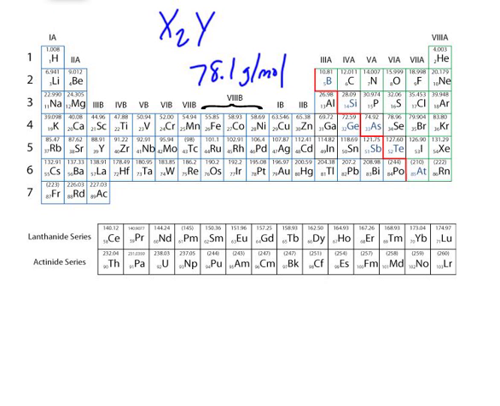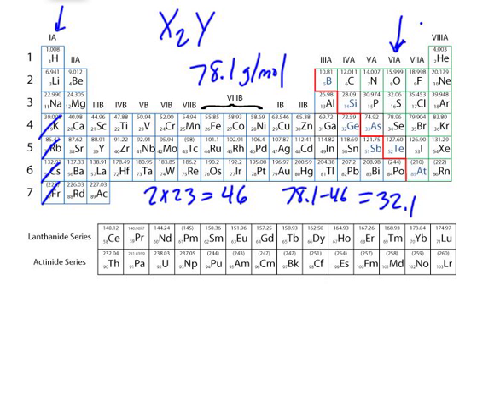So in this first column, I need 2 of these. So anything that when I double it is going to give me over 78 is out. So out, out, out. K is 39, which when you double it is 78. But then I'm not going to have any left over for my group 16. So potassium's out. Lithium, if I double 7, I'll get 14, so that's possible. But let's start with sodium. So sodium's 23, so 2 sodiums times 23 is 46. So that means that I have 78.1 minus 46 left over for my group 16 anion,